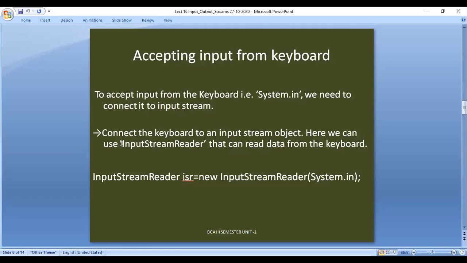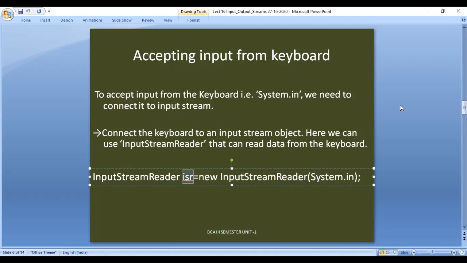Try to observe this class. The InputStreamReader class is used to receive data from the keyboard. You can see here, the InputStreamReader class can read data from the keyboard. The keyboard is nothing but System.in, which will be connected to the InputStreamReader class, and that will be stored in the object called ISR.